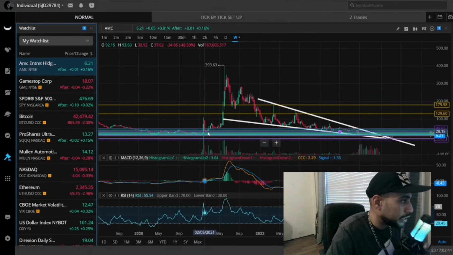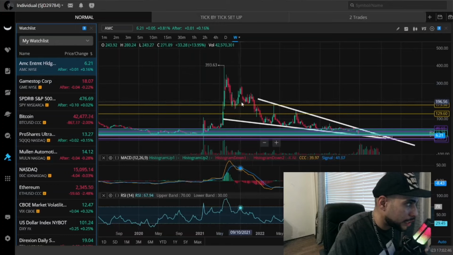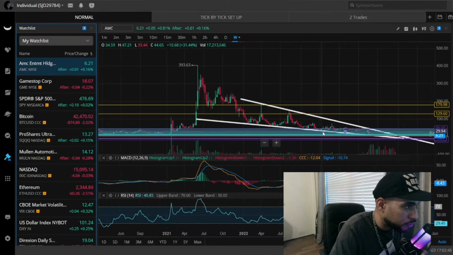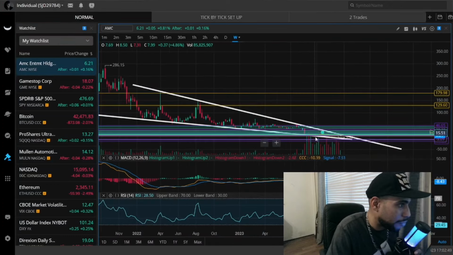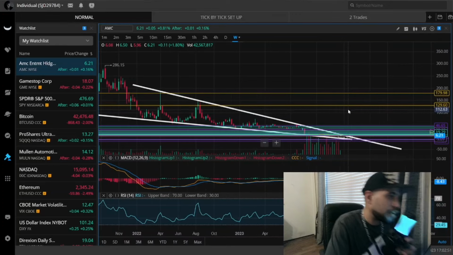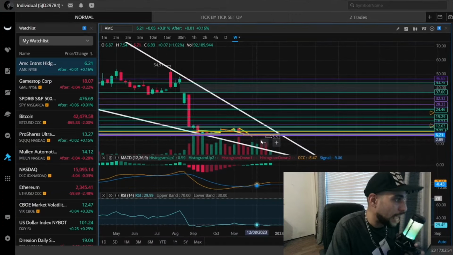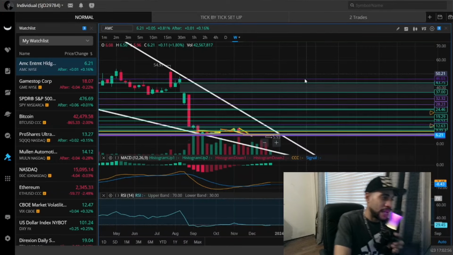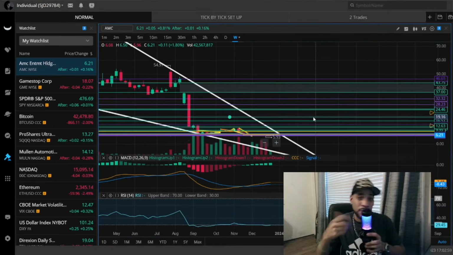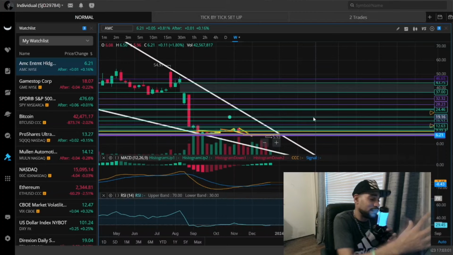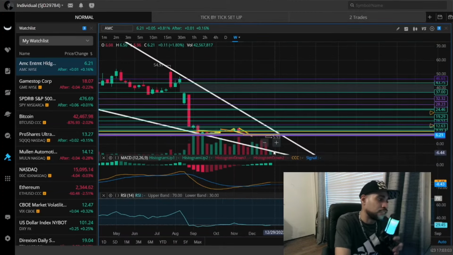And again, this is your euphoria stage. Then you go into your complacency. Then you drop down into your anger and depression. Your depression is way down here. And I do believe that is starting to end as we start to get bullish momentum back to the upside. More indications that momentum on the macro timeframes are shifting for AMC, and things will change, that we will find